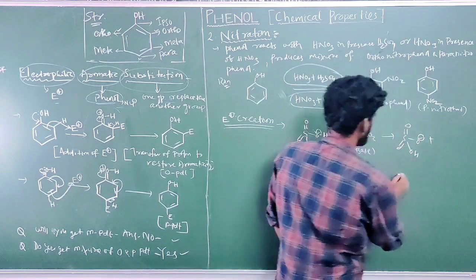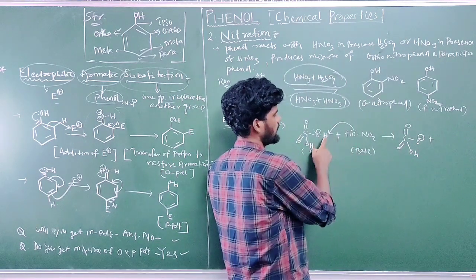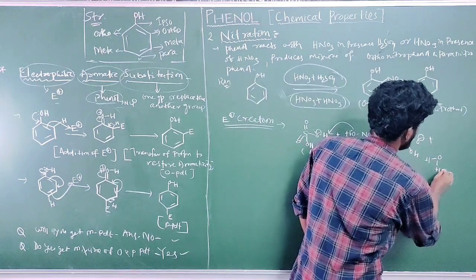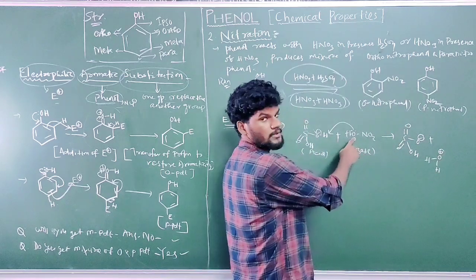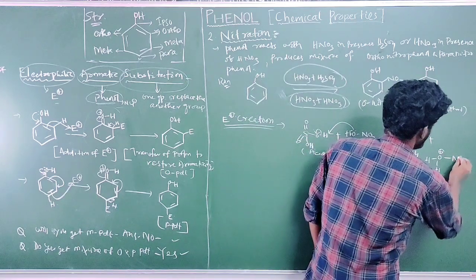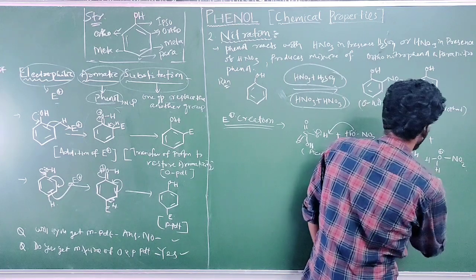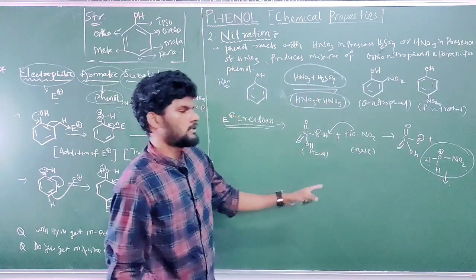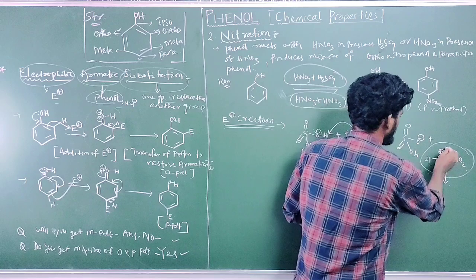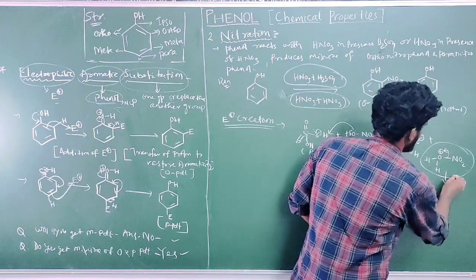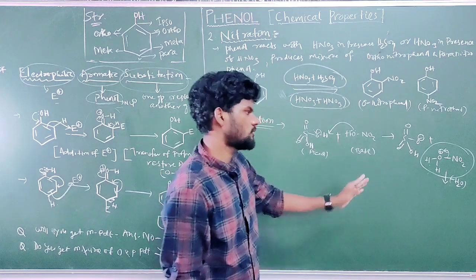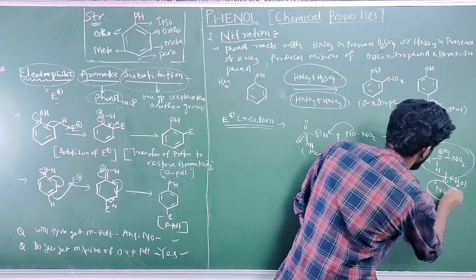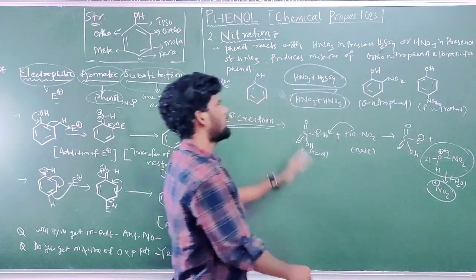And next what we are getting: this oxygen takes the hydrogen, OH2, and oxygen donates its electron to take hydrogen, positive charge over this oxygen, attached to NO2. In the next step, focus on this molecule. The OH2 water group is a better leaving group, it leaves as water, and this bond breaks from the nitrogen position, then positive charge over nitrogen, NO2 plus forms. And this NO2 plus is the electrophile for this reaction.